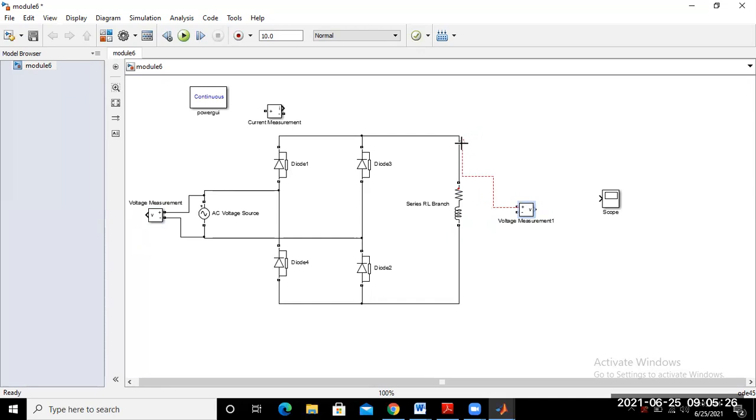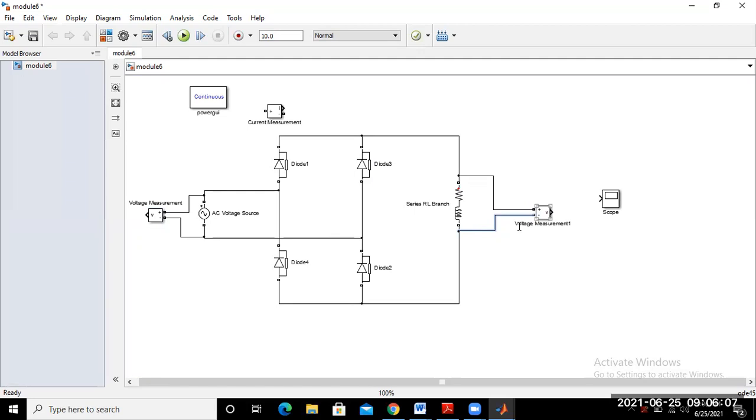Okay. This voltmeter is connected to here. Okay. Now just try to move this block. Yeah. Now it is okay.